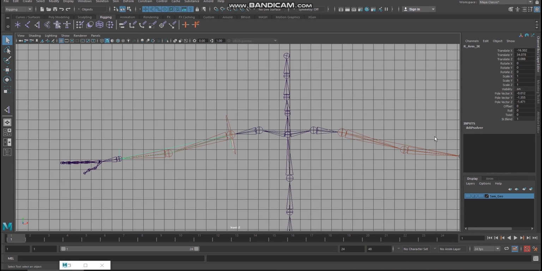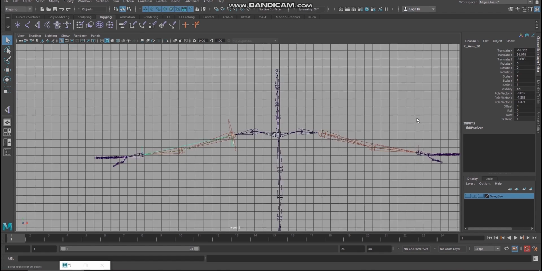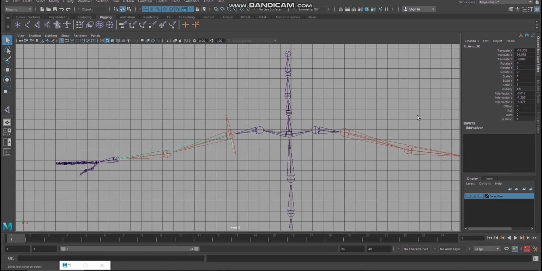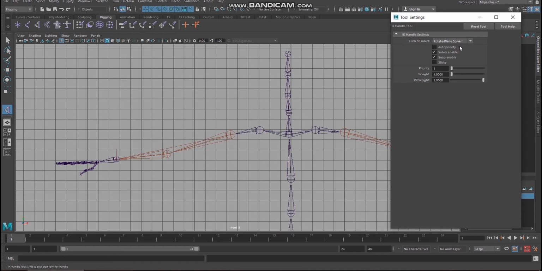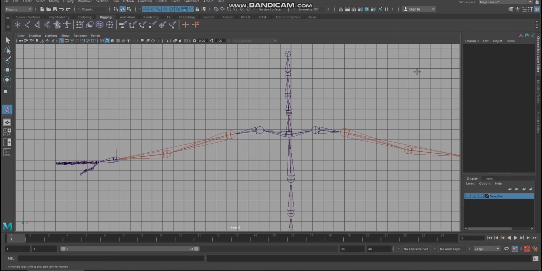Right arm IK. This is left arm IK. This is right arm IK. So make it clear you're making two IK handles with the default settings as rotate plane solver for both the left hand and the right hand, and giving it proper naming. Okay,